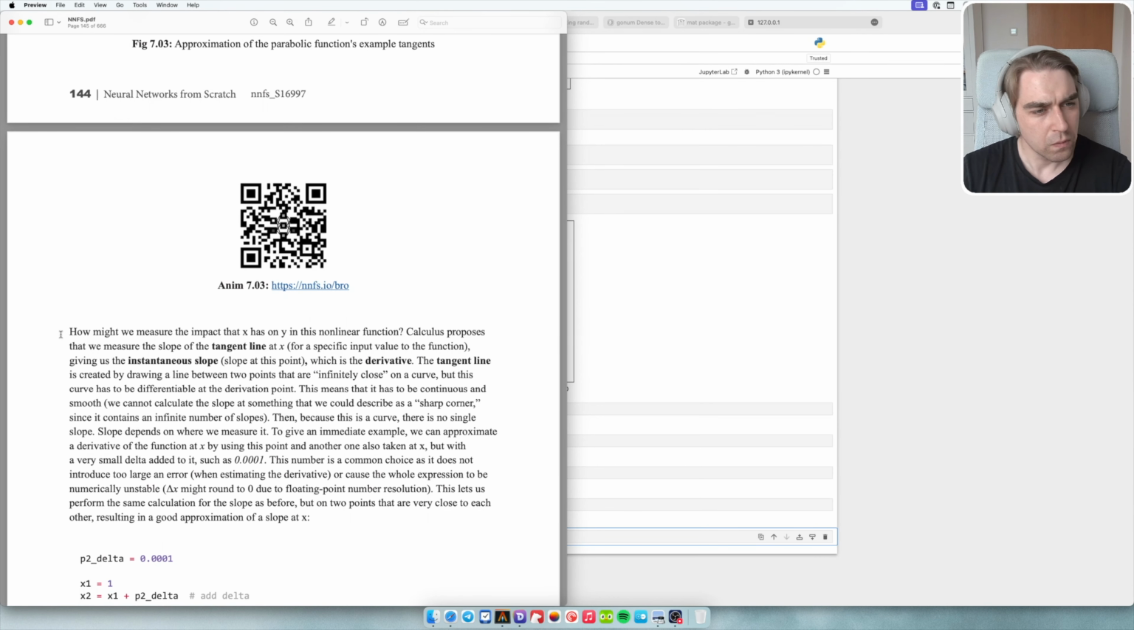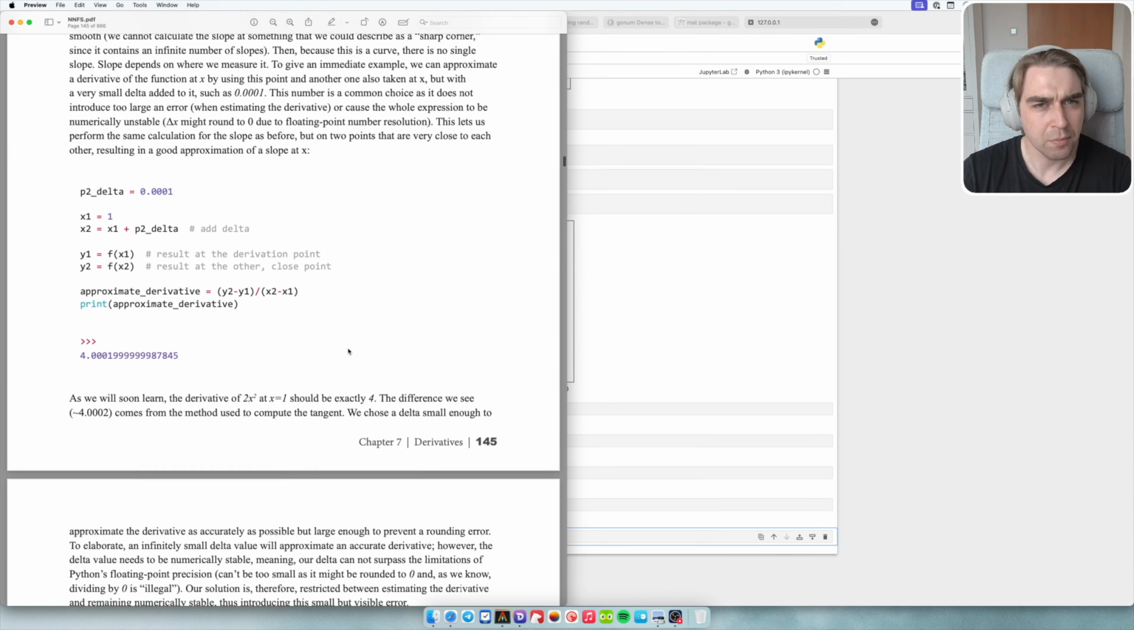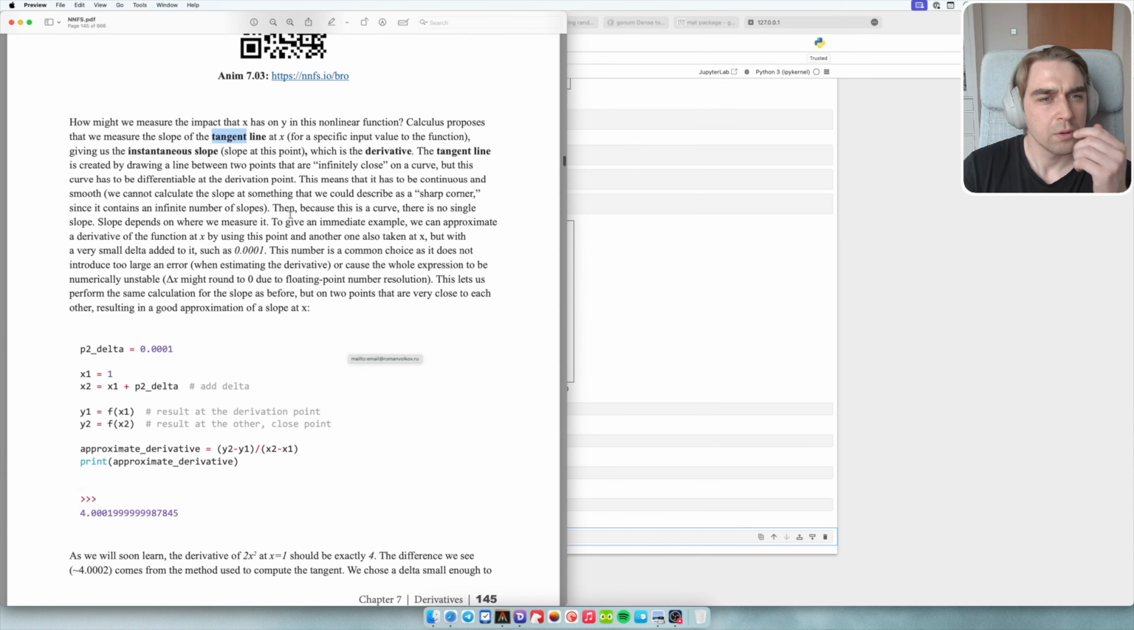How might we measure the impact that x has on y in this nonlinear function? Calculus proposes that we measure the slope of the tangent line at x for a specific input value for this function, giving us the instantaneous slope at this point, which is the derivative. The tangent line is created by drawing a line between points that are infinitely close on the curve, but this curve has to be differentiable